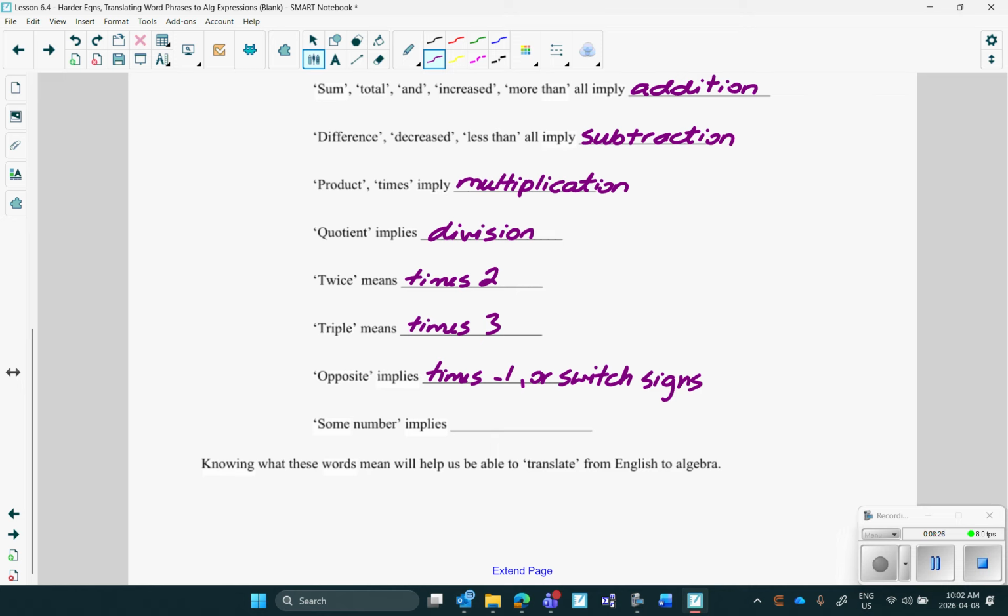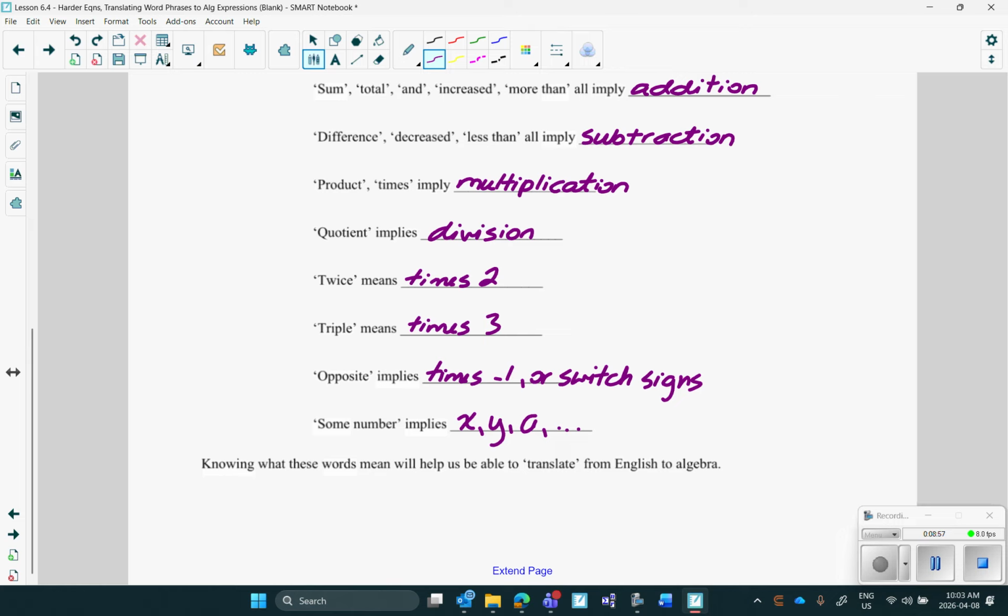Some number. I don't know what it is. X. Oh, because you don't know what it is. So X, Y, A, all sorts of letters. You like to do this. So knowing that,